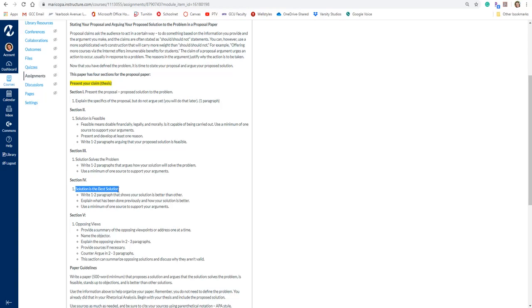Why is this better than anything else that is being done in the world of your topic at this point? If you ever read A Modest Proposal, the story by Jonathan Swift, it was a satire in which he is addressing the issue of poverty and homelessness in Ireland. You'll remember that his solution was outlandish. His solution was eating babies. Okay, now obviously he did not intend for people to actually go out and consume human flesh.